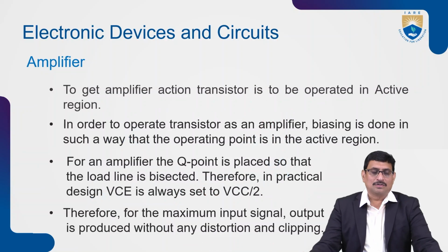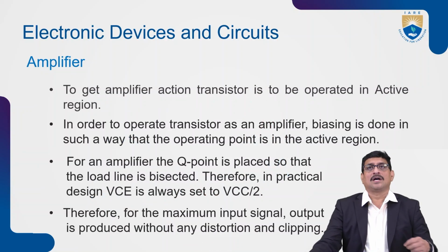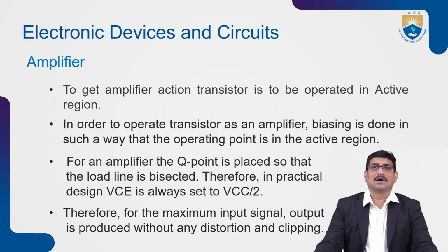The operating point must be very stable, and it must also give thermal stability, for which we can use the condition VCE is less than VCC divided by 2. So before using the transistor as an amplifier, to get thermal stability, faithful amplification and a stable operating point, we follow all the prerequisites and choose the operating point on the DC load line appropriately at the middle of the DC load line, such that without any distortions